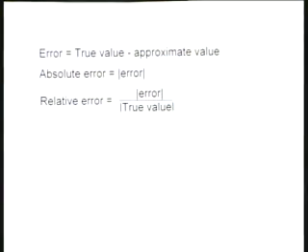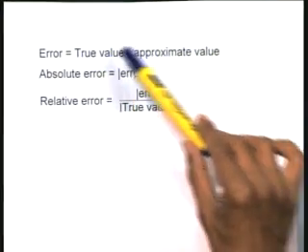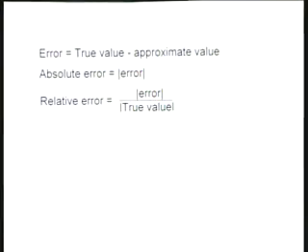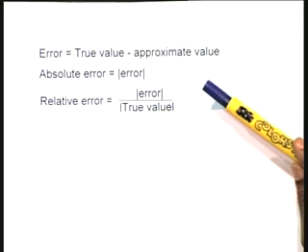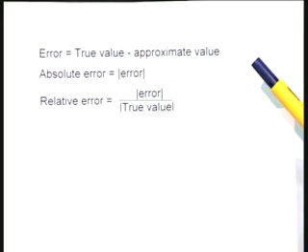So, let us first of all define what is error and then what are the sources of errors. Now, as you all know, error is true value minus approximate value. So, that is just the simple definition of an error. However, the error could be positive or negative, because the true value could be on either side of the approximate value. Therefore, I would like to study the absolute error, so that we can talk of the magnitude of the error and say this is the error that has been made.